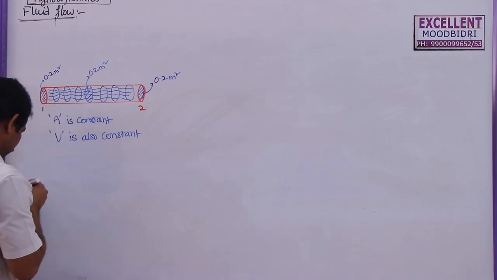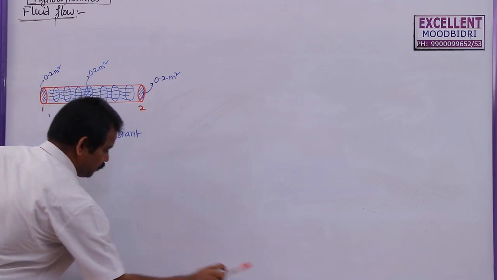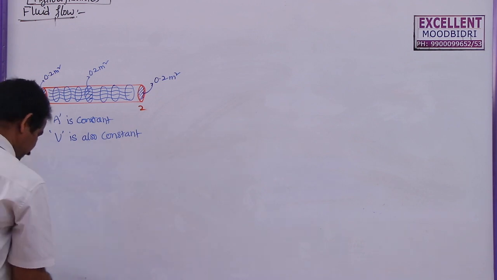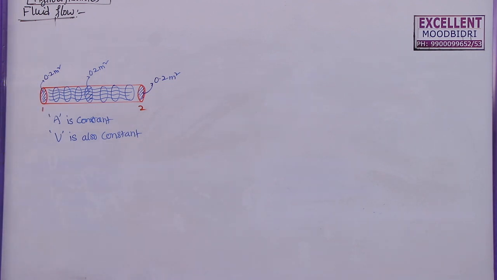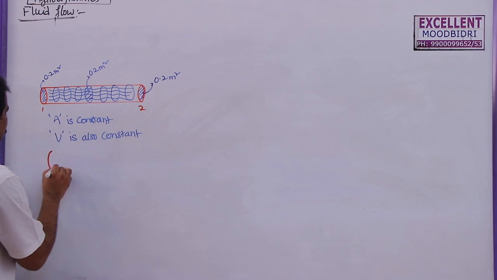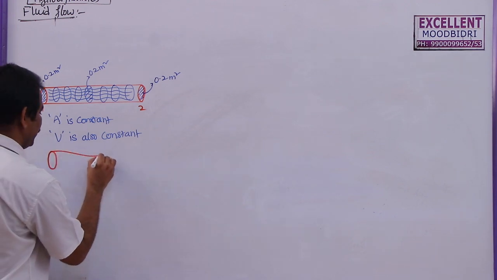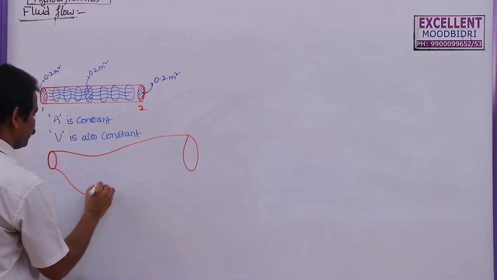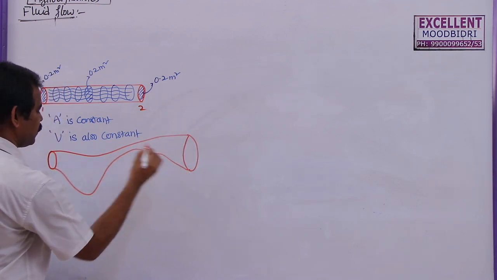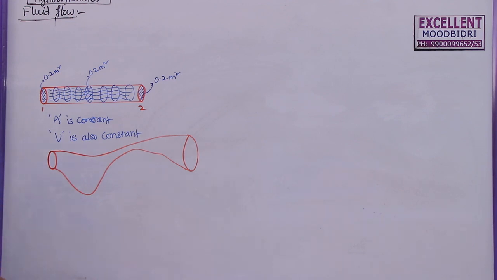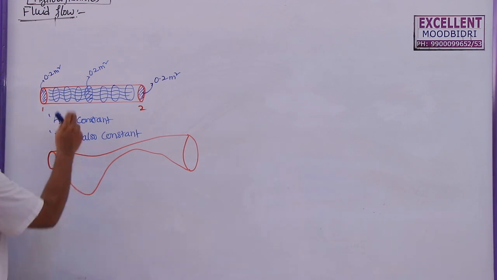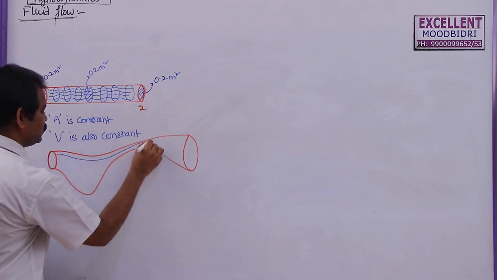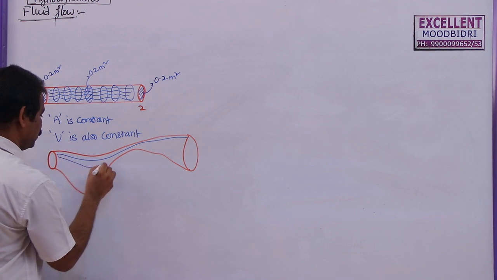Suppose if you change the area here, first let me explain that one, then I will come back. If you change the cross sectional area here, this is a pipe having different cross sections at different points. So this is the pipe, and the pipe is given like this. So this is the pipe having different cross sectional areas. So here, how this fluid will flow in this one? So we can draw like this. One is flowing like this, second one is going like this.